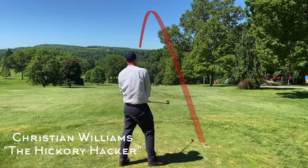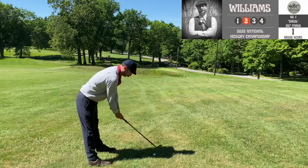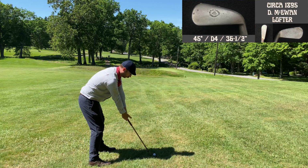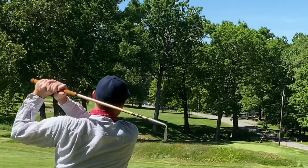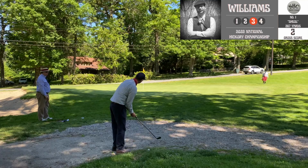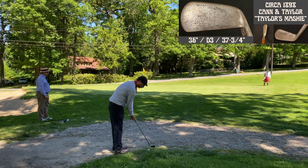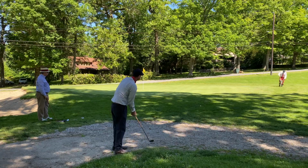So this event is a 2-day event, 36 holes. Foxburg is a 9-hole course, so we played 18 holes each day. And this round that you're watching right now was the 4th loop. So the very end of the tournament, as you might not be surprised to hear, I was already well out of contention at this point. And that was good because I wanted to bring the camera around. It was a beautiful day and felt like this was a good opportunity to show you how this course plays